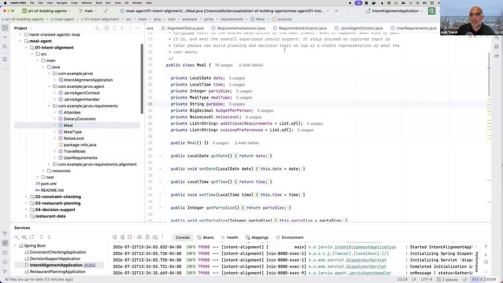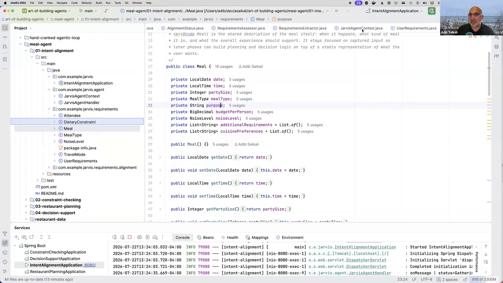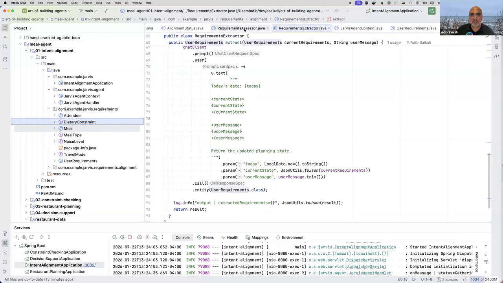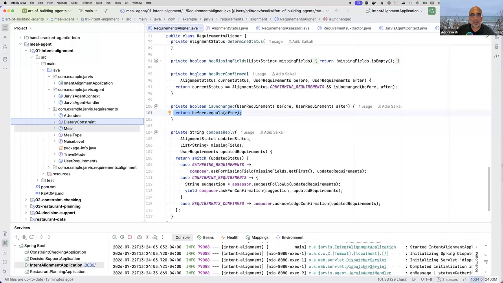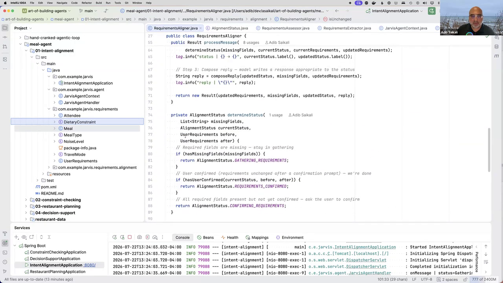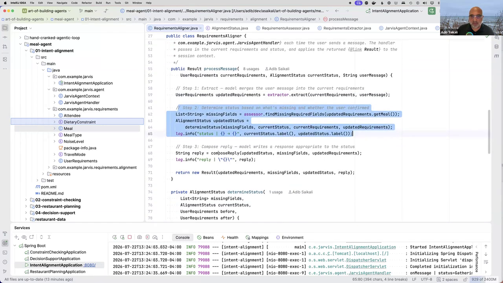Okay. So let's keep going with this. Back to the requirements extractor. Nope. Over here. All right. So step one, just kind of high level. We figured out from the freeform text what the latest version of the requirements are. Then we checked if the requirements have been updated. Now we need to compose a